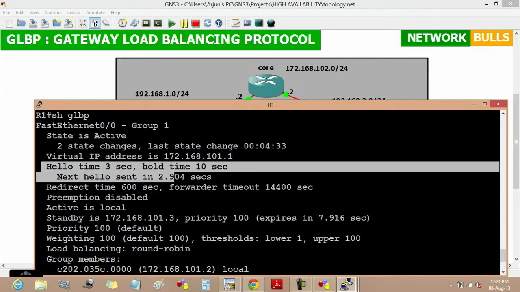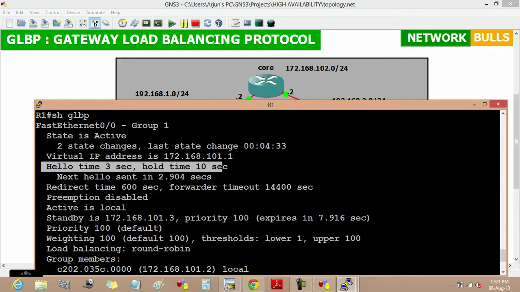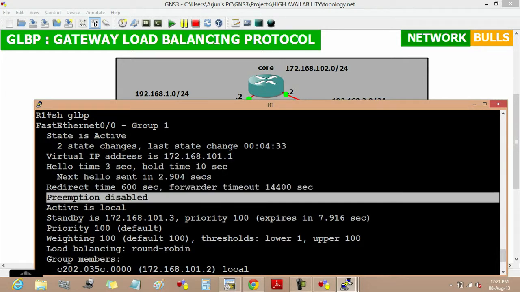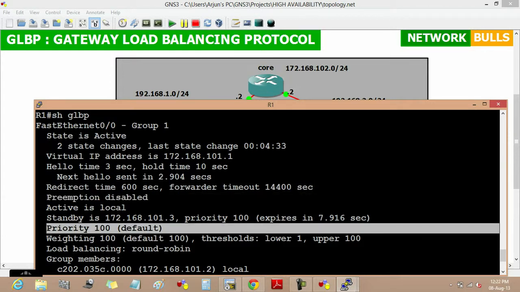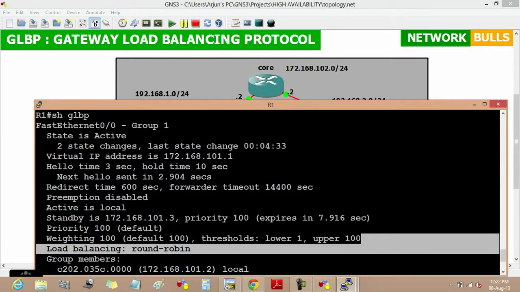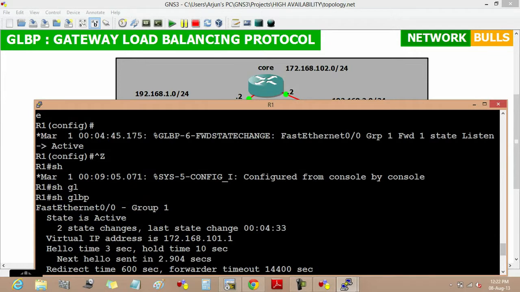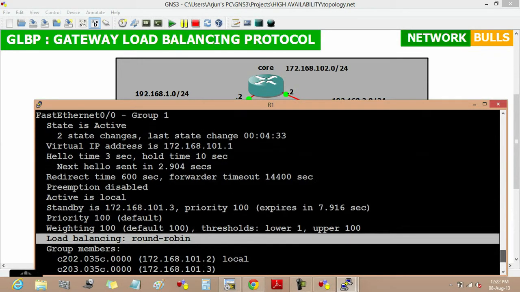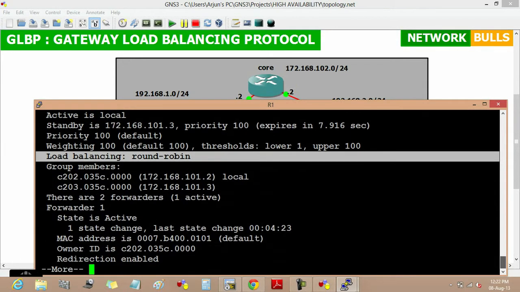The hello time is 3 seconds and hold time is 10 seconds, and preemption is disabled by default in GLBP, and the priority is by default 100 and the weight is also by default 100. The load balancing used in GLBP is by default round robin, and the MAC address for GLBP is